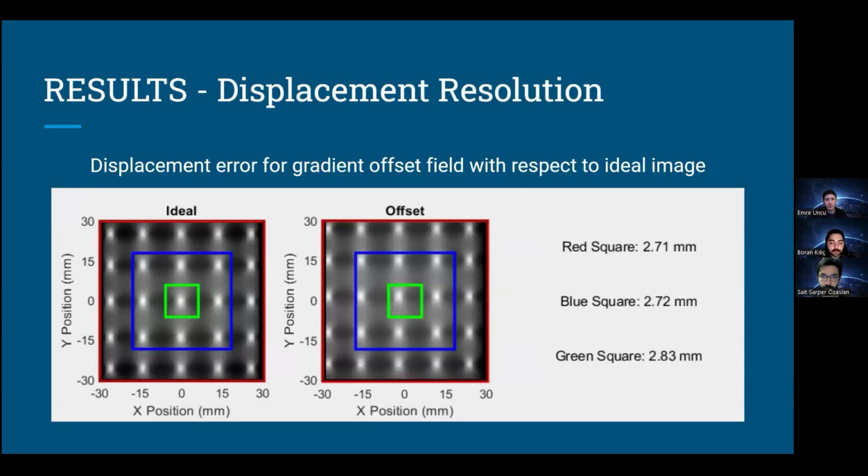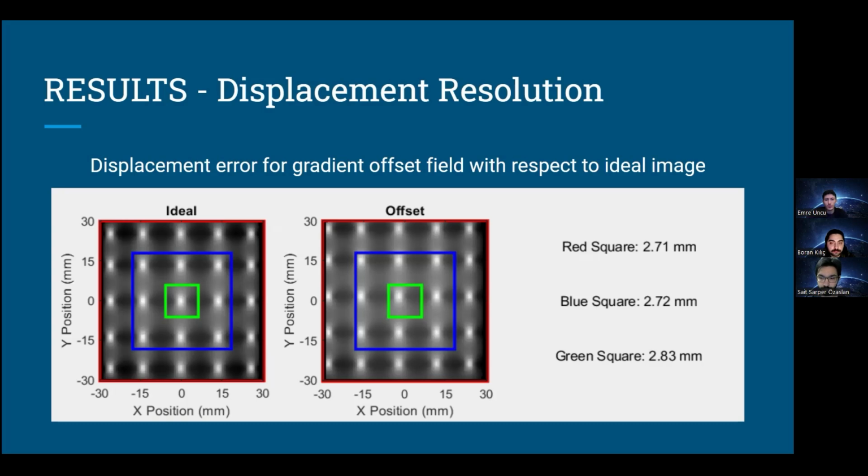For displacement resolution, error calculations were made between the ideal image and the non-ideal image using Euclidean distance. The ideal image was divided into 25 equal squares. The x and y coordinates of the highest value pixel of each square were recorded. Thus, we have 25 x and y pairs obtained. Then, this process was repeated for the offset gradient and inhomogeneous gradient. First, Euclidean distances